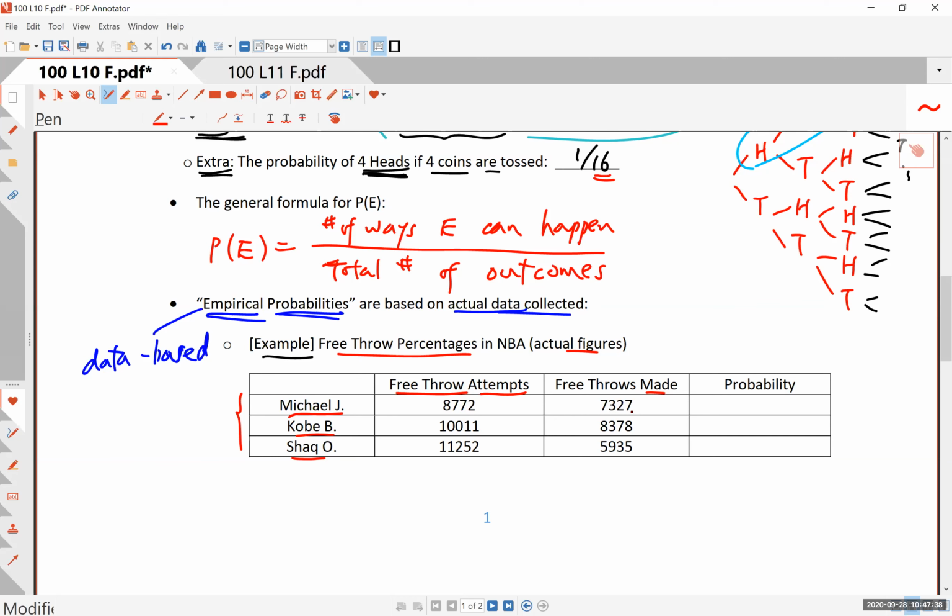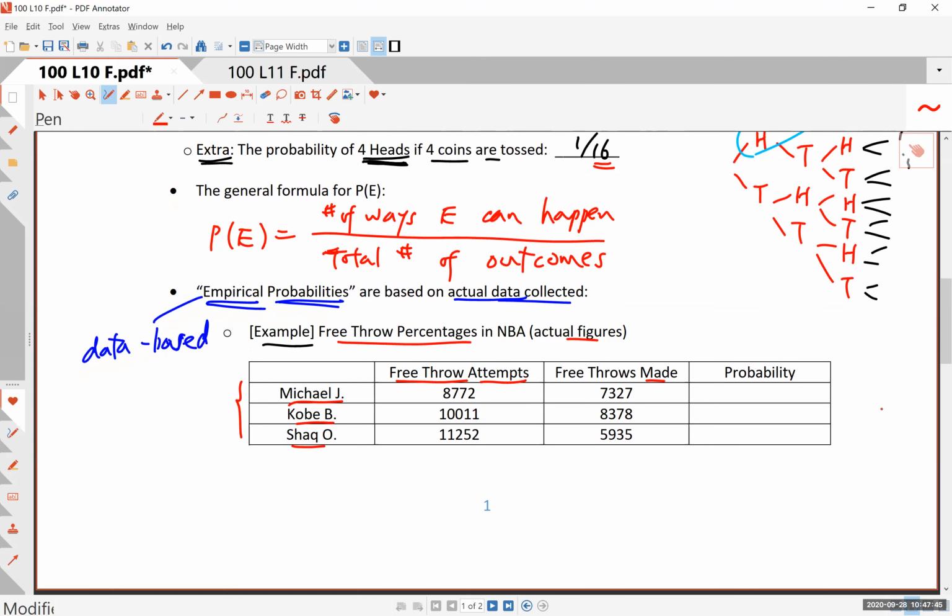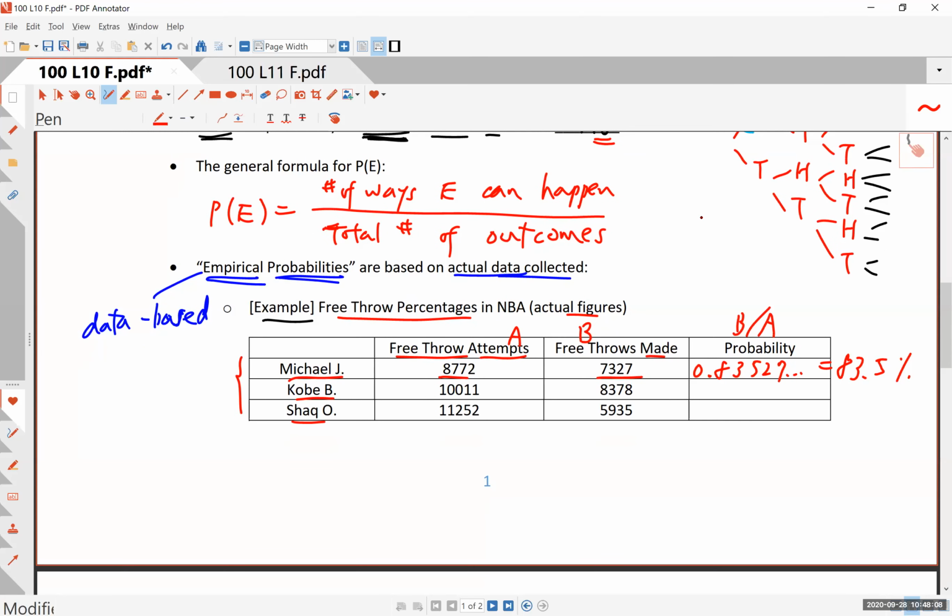The empirical probability that Michael Jordan would make a given free throw is this number divided by that number. Let's say this is A and this is B, so it's B divided by A, and this is 0.83527. So you can say the probability that Michael Jordan would make a free throw was about 83.5%. For Kobe Bryant, this divided by this will give you 0.83688, also close to 83, slightly better, but 83.7%. And these are like the average of a typical